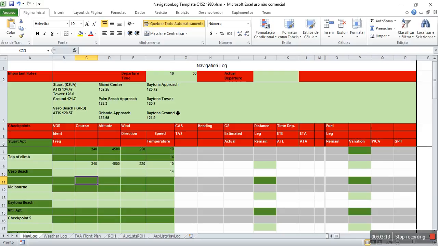So for Vero Beach to Melbourne, let's say that it is like this. And from Melbourne to Daytona, it is the course, altitude, wind direction. Alright,